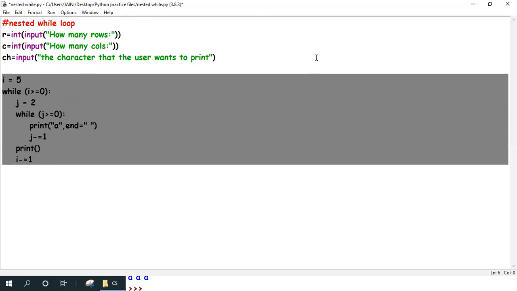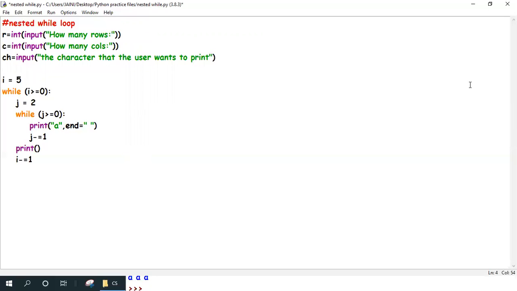For successfully doing this, I want you all to take 3 scenarios where the user is going to enter row as 3, column as 3, and in the ch, that is the character, I want the user to enter a star. And over here, the 3 things that you're going to change are this, this, and this. And I think it should work. It should work just fine. Do this practice, and we meet next time when we're going to learn the nested for loop.